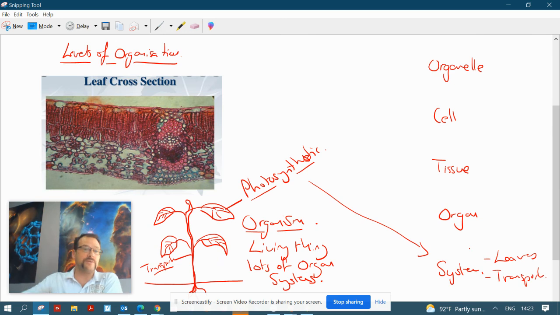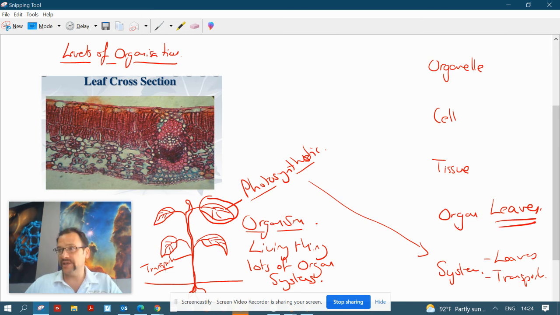Okay, so within each system we're looking at a number of different organs. So let's look at the photosynthetic system. The leaves. We have lots and lots of leaves on a plant, only 4 on this one, but it's just an example. So here's an example of an organ, the leaves. Okay, and they perform a particular function. So it's a structure in the organism